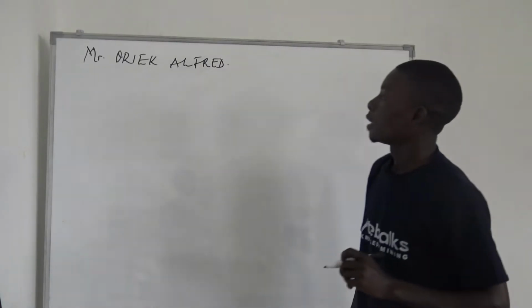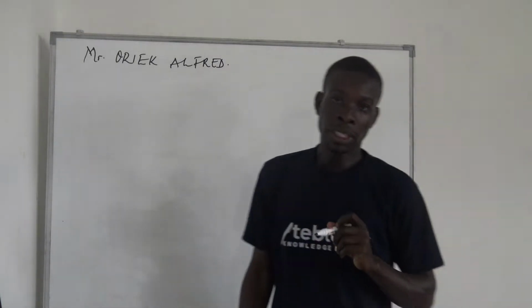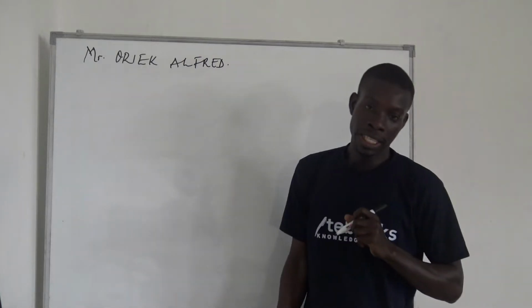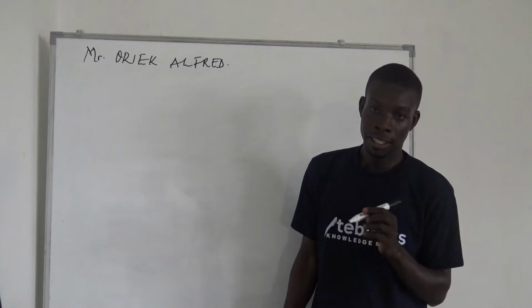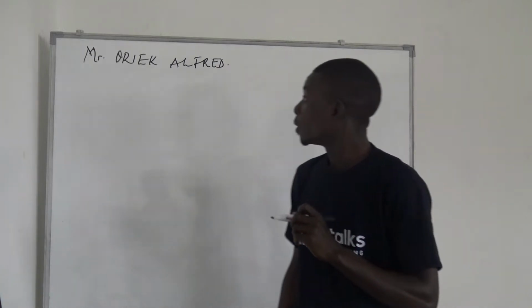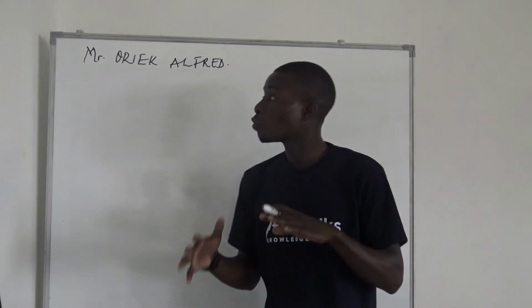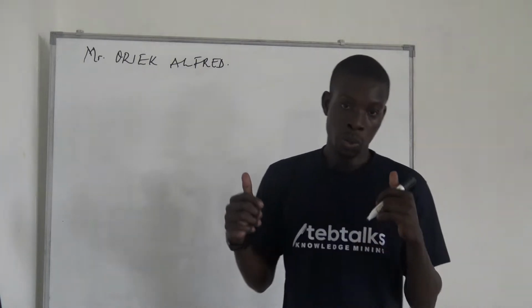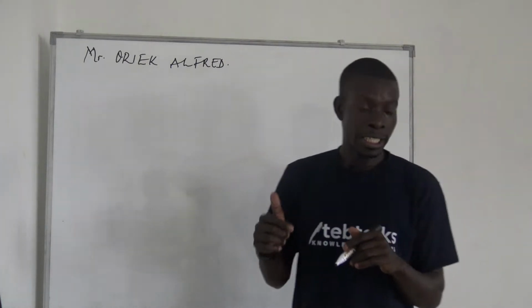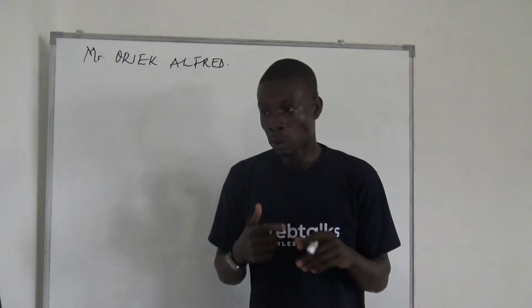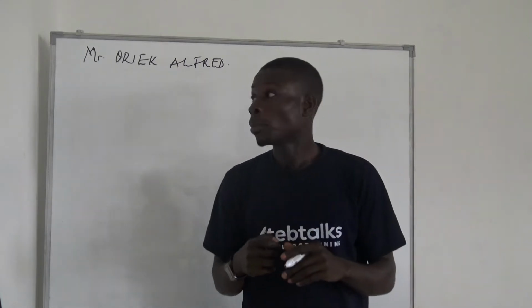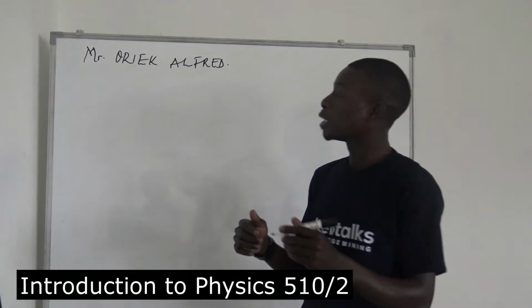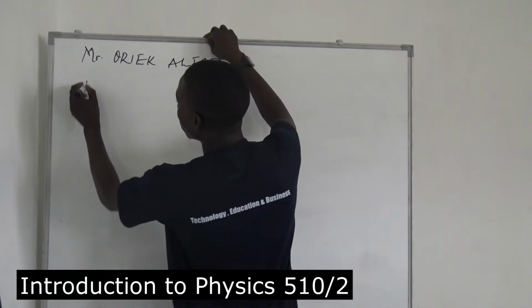Alfred. That is my name. I'll be taking you through physics paper 2 for advanced level, that is A level. I'm very sure that you've been introduced to general physics, that is paper 1, and now there's paper 2, and then there is paper 3. But as I've said, I'm going to be taking you through physics 2